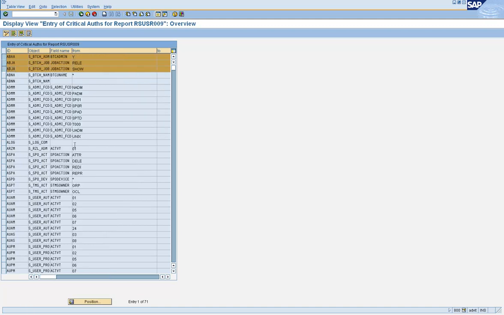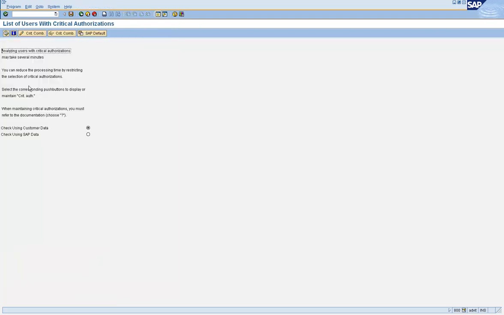We are giving the combination at the object level now. That was previously at the transaction code level. Now you are doing it at the object level. So you can go and check how many people have the ability to perform those activities. Now this concept, Versa has also implemented it.